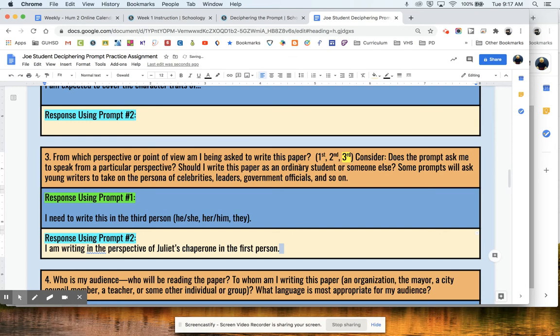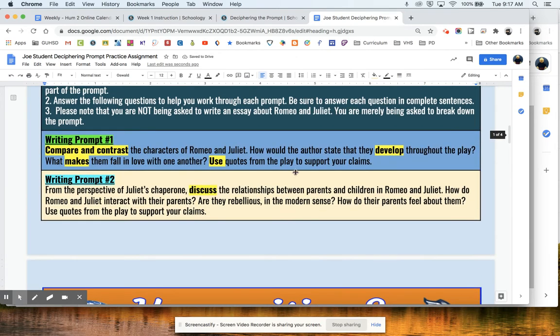So that's something to be aware of. Now, again, this teacher may or may not want a creative response, but they weren't very clear. Any answer that you put on here that was reasonable is obviously understandable and respectable because students need to use common sense to figure it out. But the phrase "from the perspective of Juliet's chaperone" makes you think that it is as if you are that character. You can see the guiding questions.